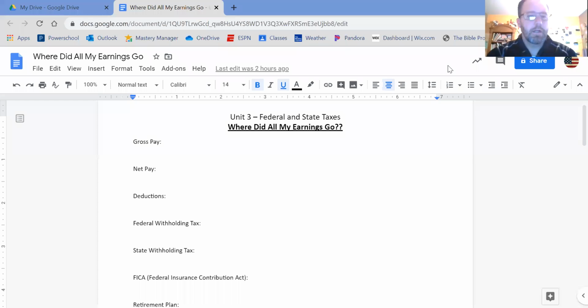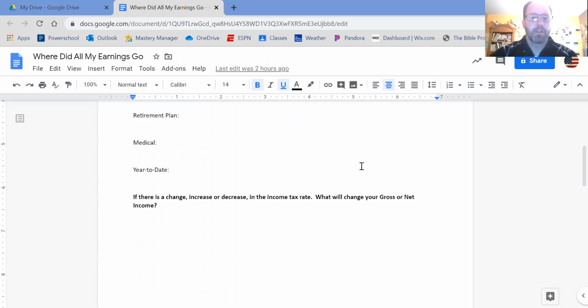Guys, I'm going to go over how to read a pay stub and a lot of the definitions you need to understand when it comes to a pay stub and what's on your pay stubs now as teenagers, but then also as your pay and things get a little bit more difficult as you get older. So we're going to go through these definitions first, and then at the end of this worksheet that I posted